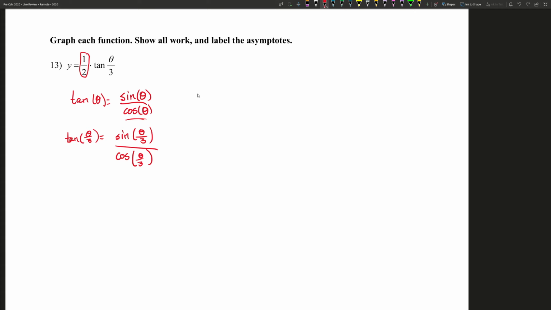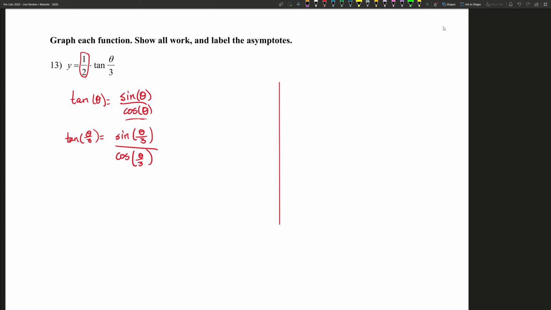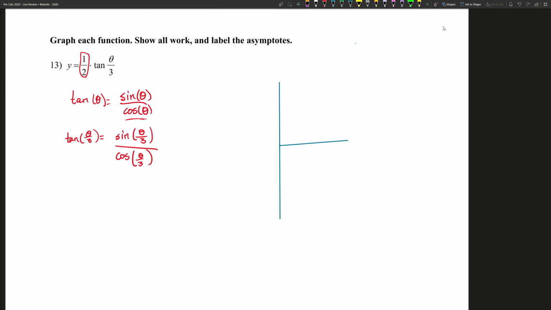So for our graph, which we can start to draw, what's really the determining factor here is where the asymptotes are. That tells us almost everything we need to know, right? And that happens when this guy is equal to 0. Right, and cosine is equal to 0